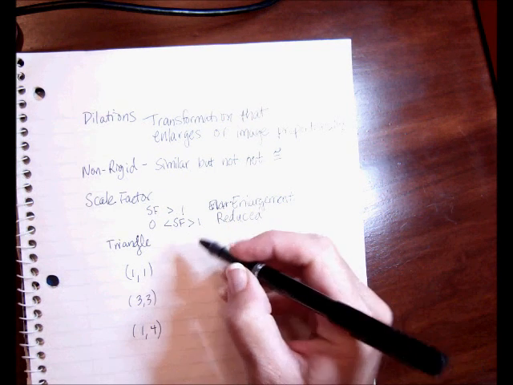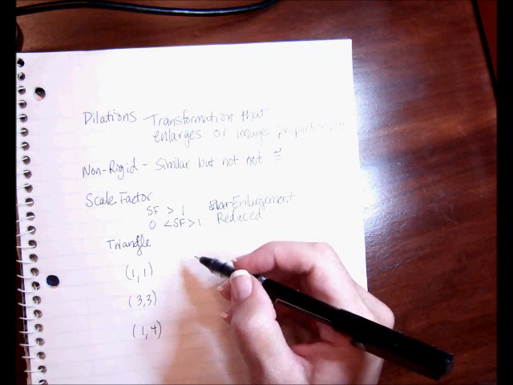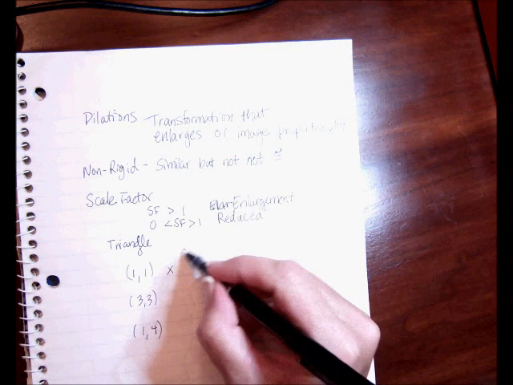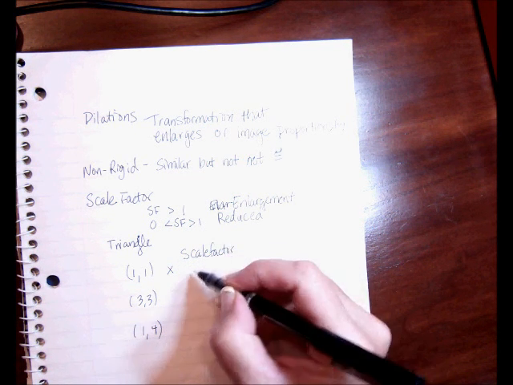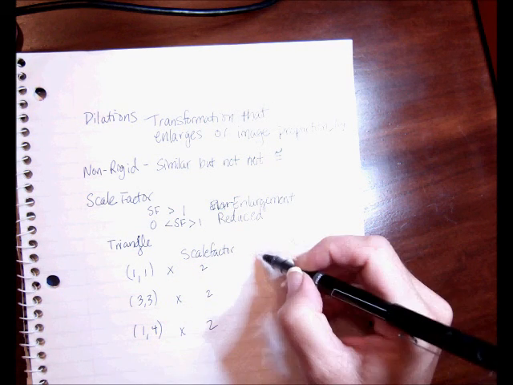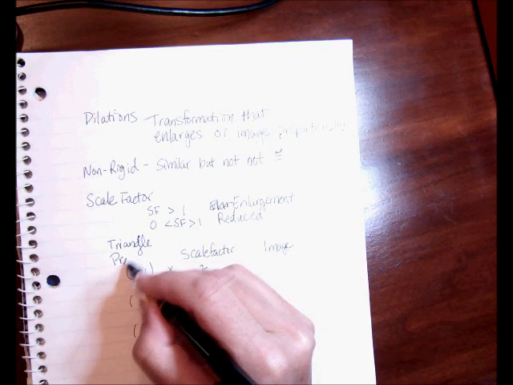And I say I'm going to enlarge the figure by a scale factor of 2. This would mean that I'm going to multiply each of the two coordinates by 2. And to find my image, because this would be my pre-image, and we went over that in class,